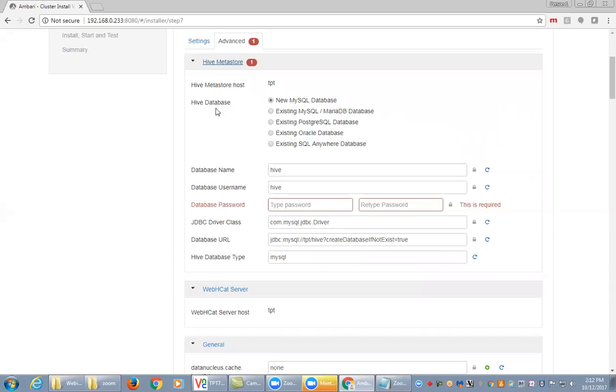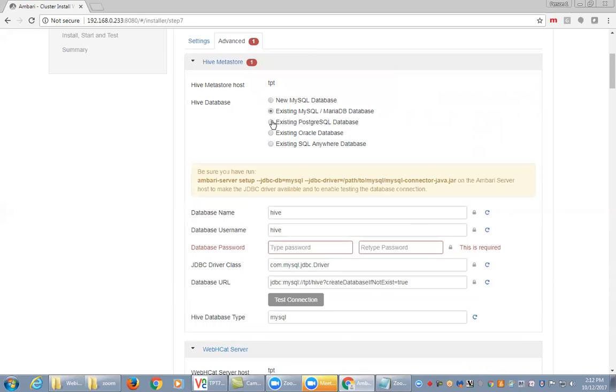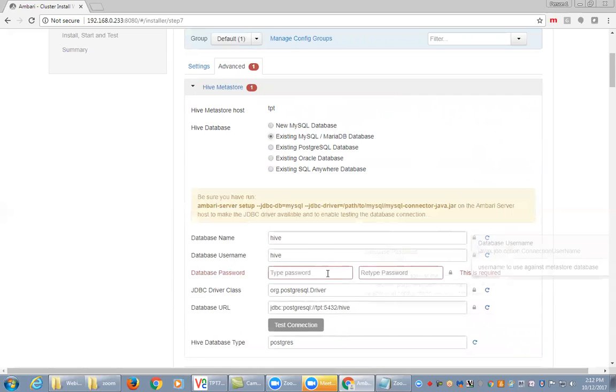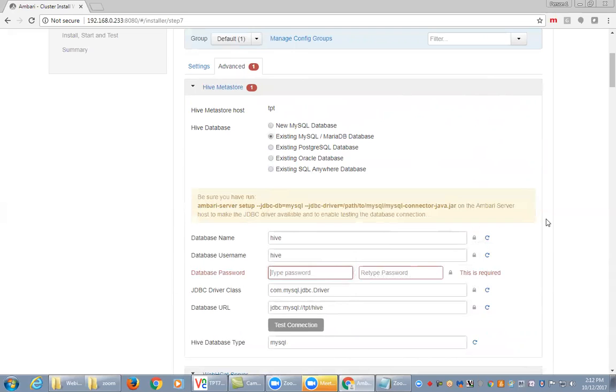Here you can see Hive Metastore host. That's the TPT that I have given, and it is asking you for a database. So if you have existing MySQL or PostgreSQL databases, you can go with them, or else you can give a new MySQL database. I already have an existing MySQL database, so I'm using that. And at this database password, please give a common password for all the services,